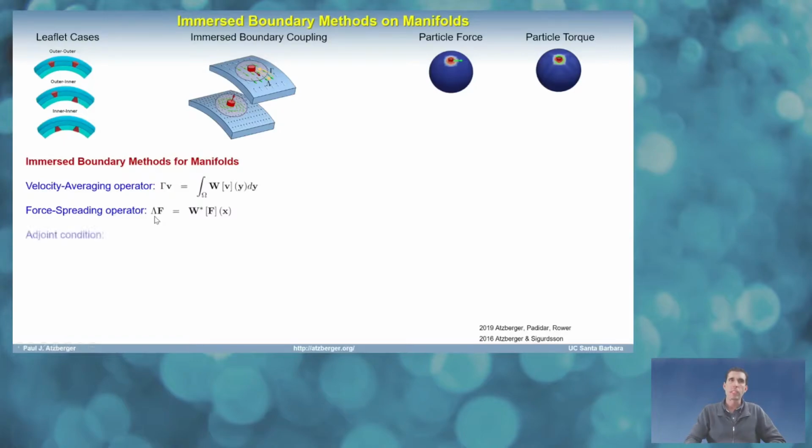And now what's really interesting is that if you want this interconversion to not be lossy, in other words, the coupling to be non-dissipative, you can write down the energy equations, and what you'll find is that that requirement results in an adjoint condition between the operators gamma and lambda. And so what's nice about that from a modeling perspective is that if I come up with a velocity averaging operator, this allows me to obtain a corresponding force spreading operator by simply computing the corresponding requirements in the adjoint condition. So that's what I've done here, and the way we're going to do this in the manifold setting is